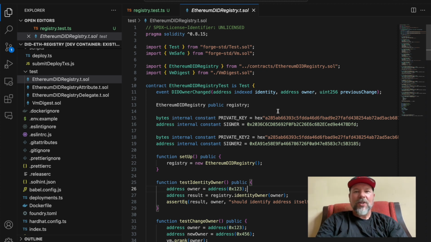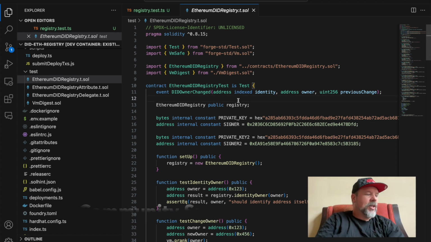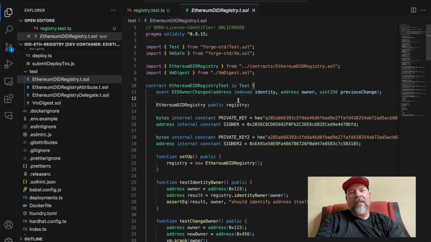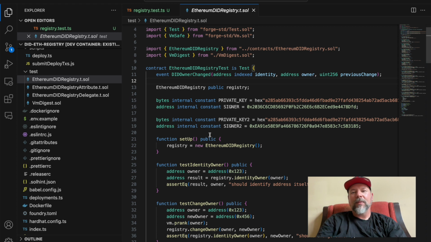So why should you test in Solidity? Well, let me give you some reasons. Reason number 10 is community support. If I'm building tests in Solidity, then the entire Solidity community is there for me as a support structure.